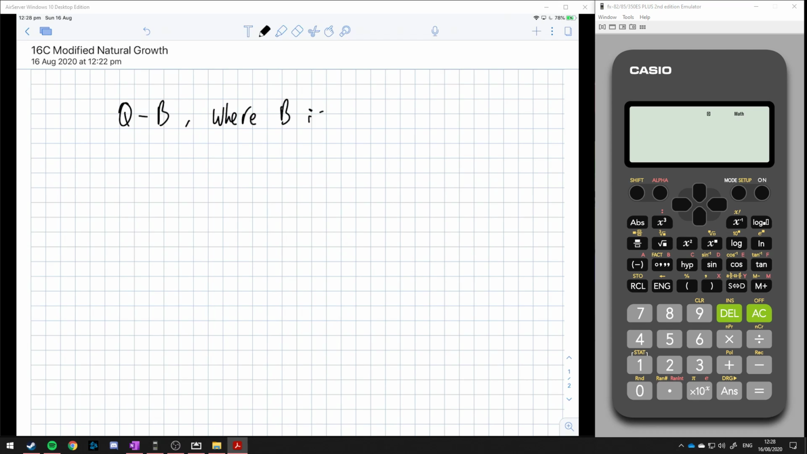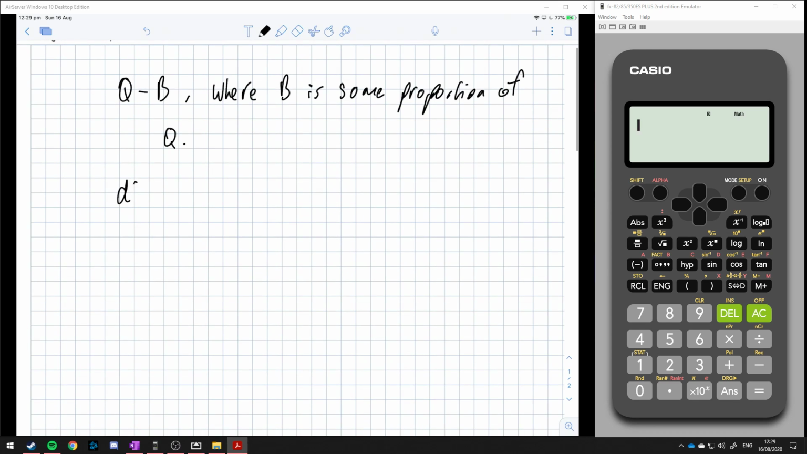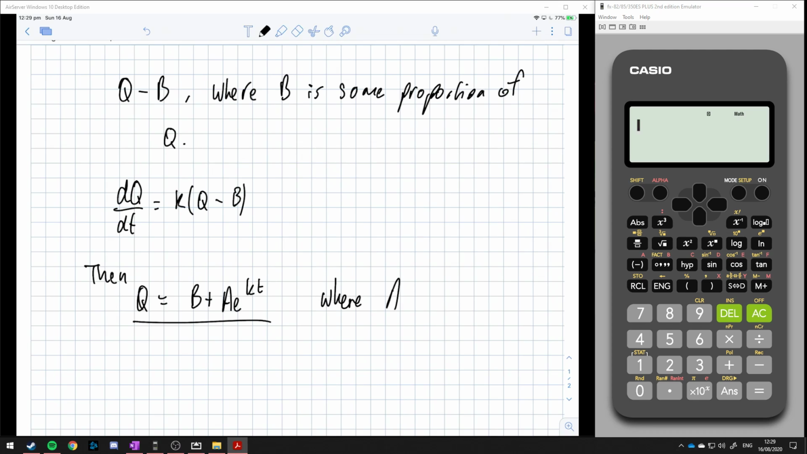Where B is some proportion of Q, okay? Then our derivative dQ/dt is equal to some constant times that function, like that, where k is a constant of proportionality. So what that means is that Q must be equal to B plus Ae^(kt). Okay, and this is our generalized form,